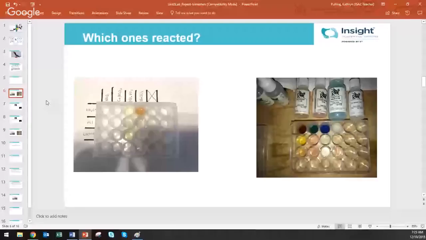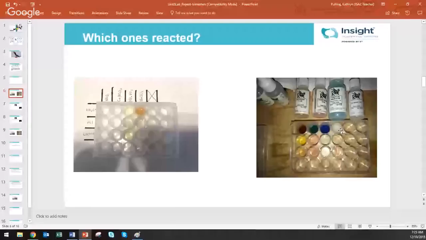There are 87, but there are 6 that I'm going to have you focus on in the lab report. The ones that I know are probably going to stick out really obviously to you are the orange here, green, the blue. You can probably see this white stuff really well. All right. Before we make some final decisions here on which ones are reacting,